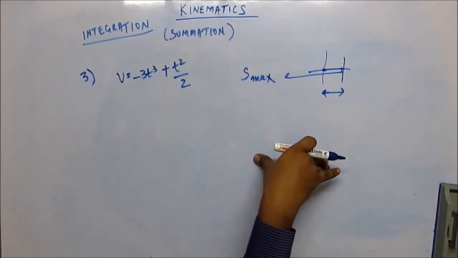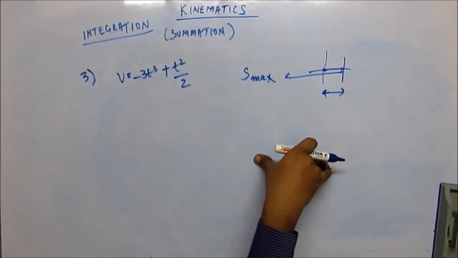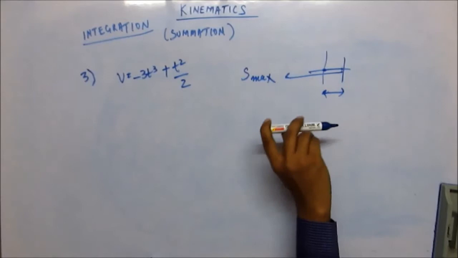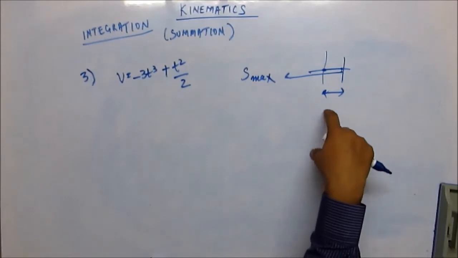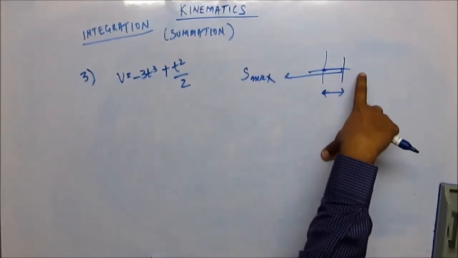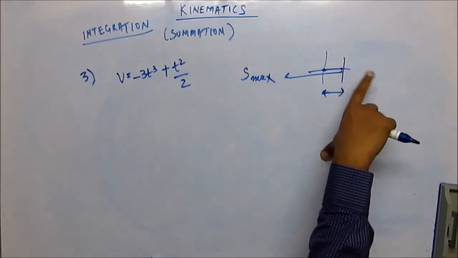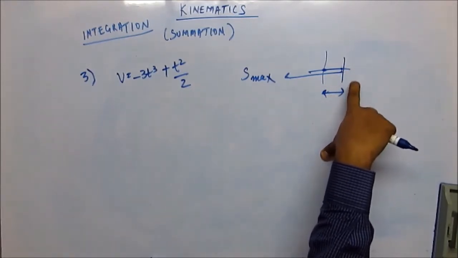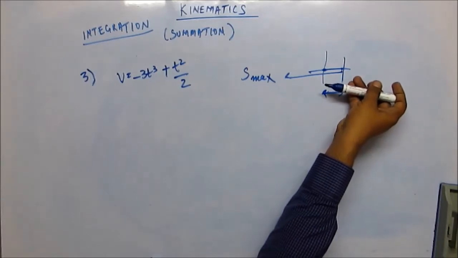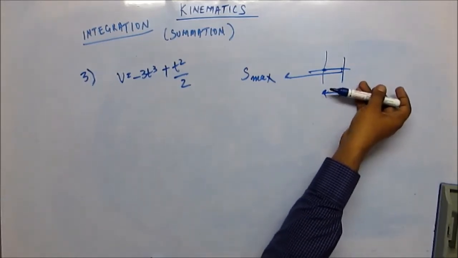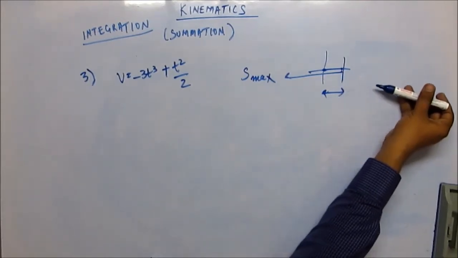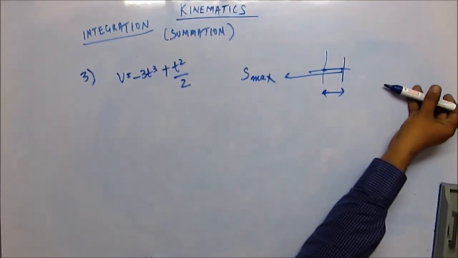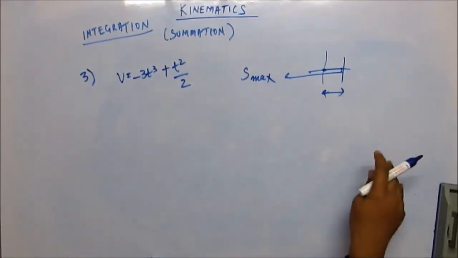Now displacement will be maximum at the point at which velocity or acceleration becomes 0. Because when the body is at origin, some force will be acting on it, and due to that force there will be some acceleration, and there will be some velocity, and there will be some displacement. Now that force will become weaker and weaker. At some point it will become 0, and after that it will reverse its direction, it will become negative, and from there the velocity will start to decrease, it becomes 0, and then the particle starts a reverse motion in the backward direction.